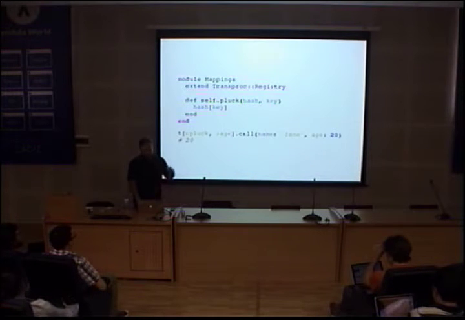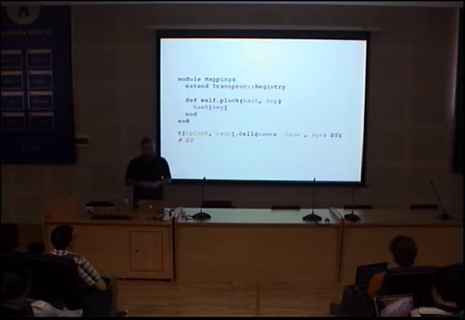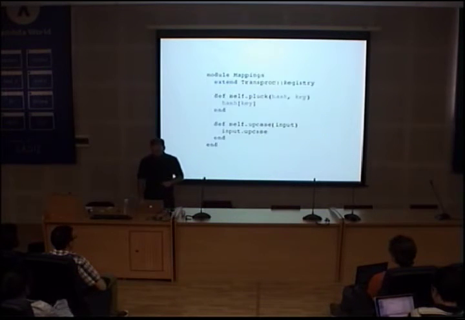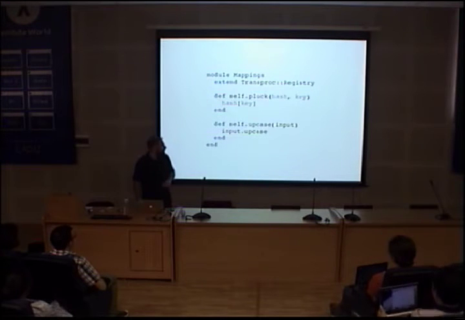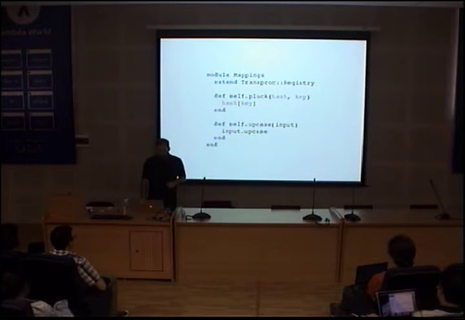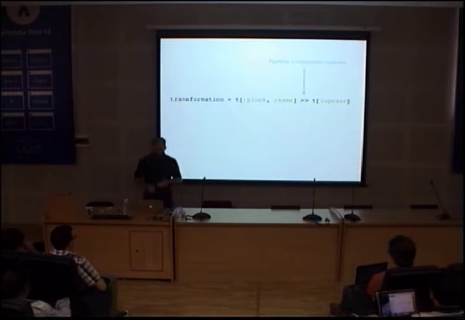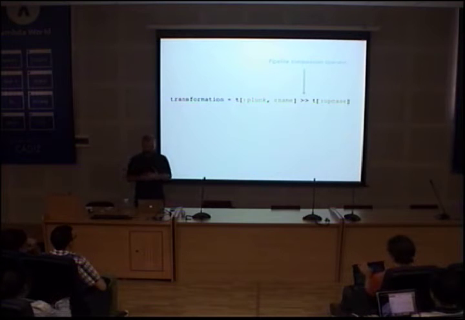So then we can take a reference to it and say that we're going to call it with h. And this part is actually not so beautiful because the order of arguments is kind of confusing, but it works. So that's good. And the way you can compose it is pretty simple. If we have, let's say, another method called upcase, which just receives some string and is going to just call upcase on it, you can do this with those special objects, which is a pipeline composition operator